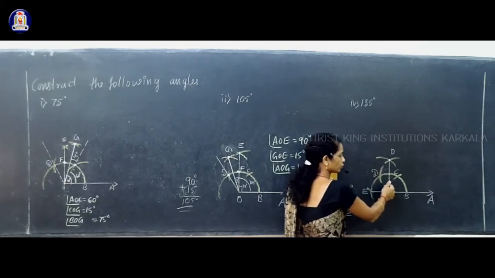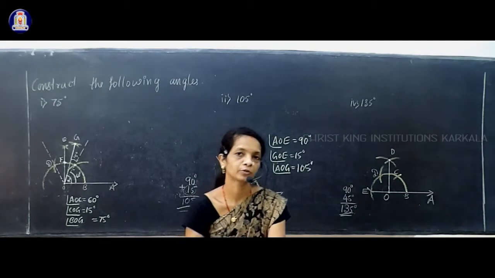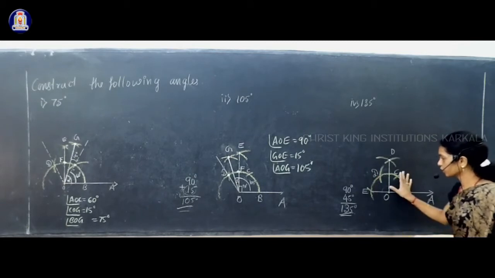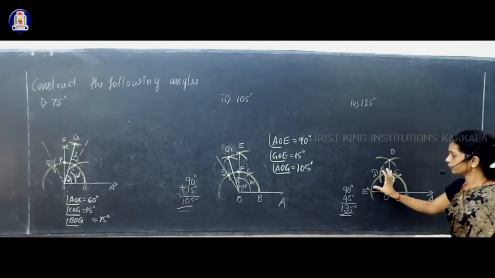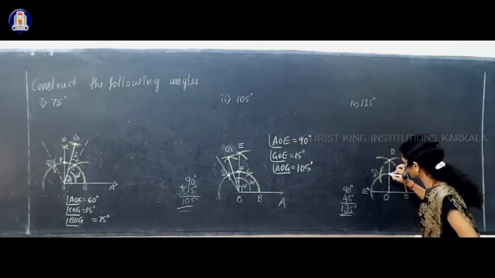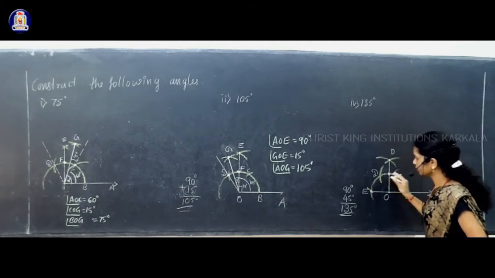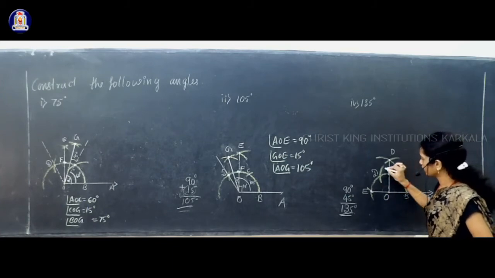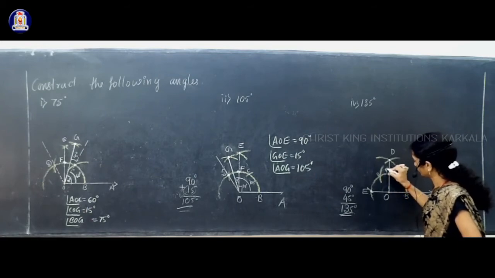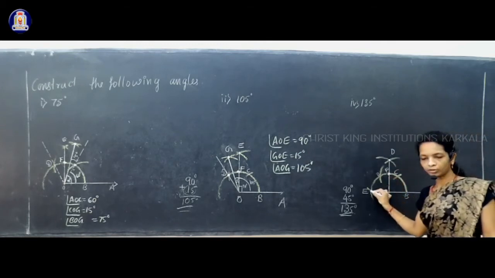So we take the first 45 degree with this 90 degree, that gives you 135 degree. So what you have to do is construct the angle bisector of the next 90 degree, not the first 90 degree. For that you have to take the point of intersection of this 90 degree line and the semicircle as F, and here we have already.